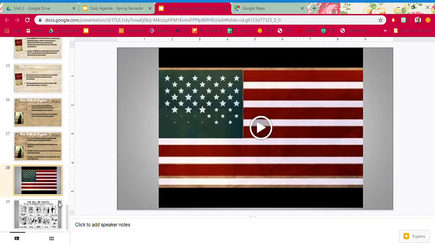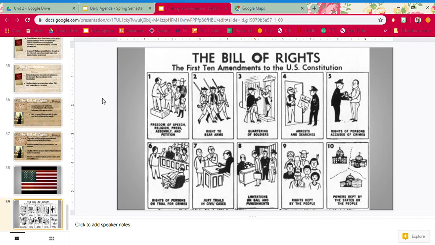We're going to learn much more about the Bill of Rights in our next set of notes. And we'll talk more about the different branches of government, like what is the power of the president? What's the power of the Supreme Court? This was just to give you an overview of the founding fathers creating our government and some of the struggles in creating it. But here are the first 10 changes to the Constitution, called the Bill of Rights.